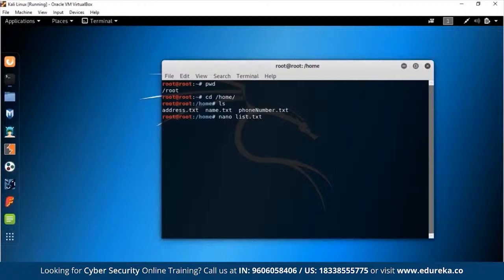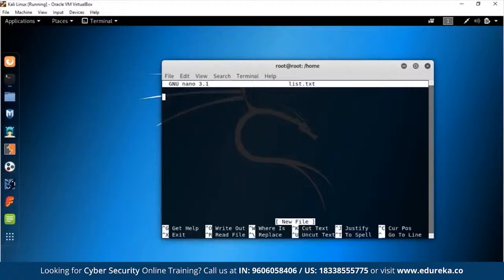What nano does is open up a small command line text editor. Command line text editors are very much used by ethical hackers because they save a bunch of time. If you're always switching between GUI and command line because you'll be doing a bunch of stuff on the command line, and suppose you want to write something, switching to the GUI is a waste of time, and you want to save time as an ethical hacker. So you can use a command line editor, and it can do most of the stuff a GUI editor would do.